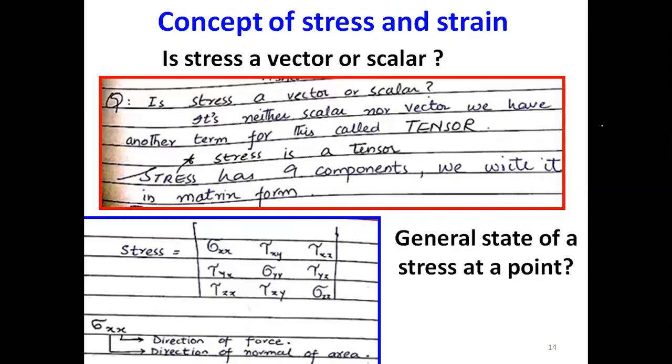Bismillah Rahman Rahim. So last time we discussed the concept of stress. Some more discussion about what is stress and strain. Last time we discussed that stress is neither a vector nor a scalar. It is a tensor. It is such a concept which depends upon the cutting plane. Normally, we define the stress at a point. We would be discussing all this in the coming slides.